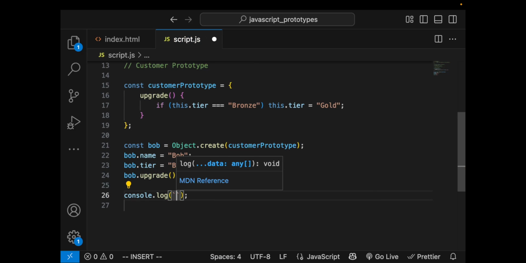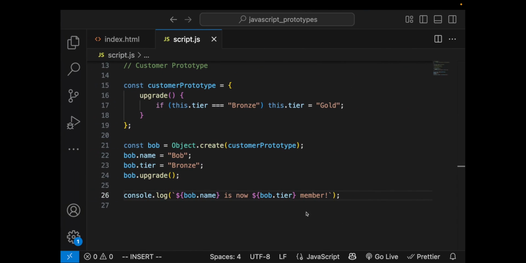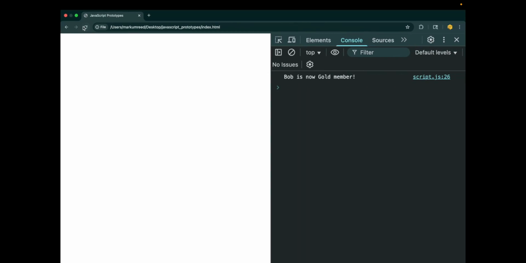So Bob.name is now Bob.tier member. Okay, so let's run this and take a look this way. All right, Bob is now gold member. Okay,